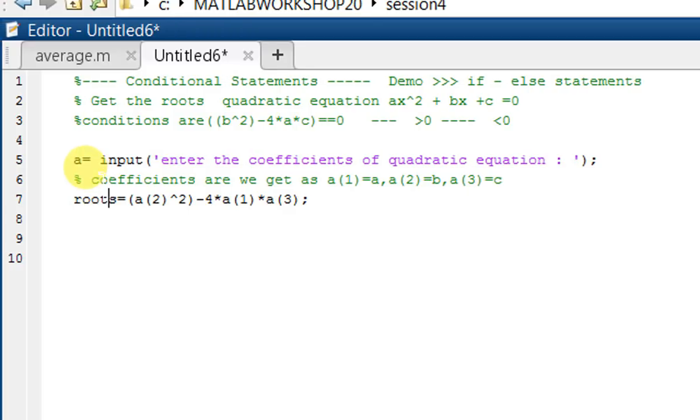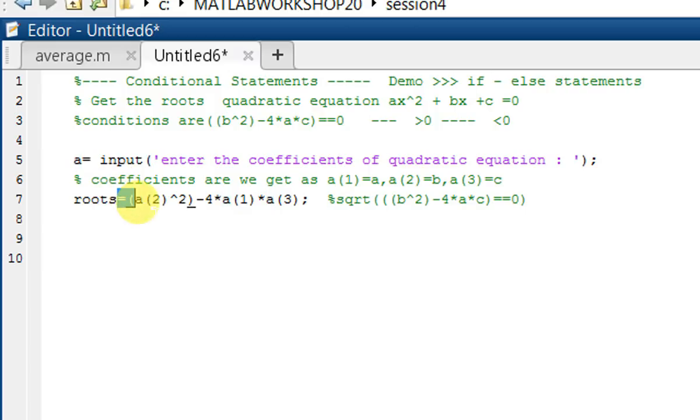Then the coefficients will be taken in the form of a1 equals a, a2 equals b, a3 equals c. Then we are finding the roots. This equation is nothing but b square minus 4ac, so we have to calculate the square root of this. So this is our equation.